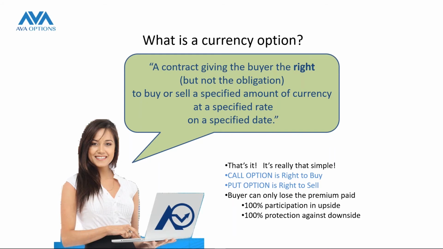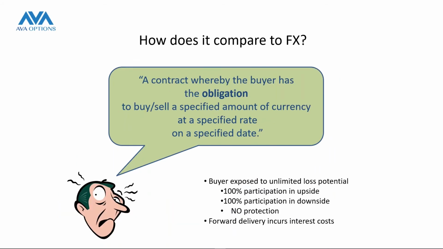How does it differ from foreign exchange or just trading any asset? The difference there is, as I said, with foreign exchange or with CFDs and with other things you might trade, you have the obligation to buy or sell. When you have the obligation to buy or sell, that means that if the market goes up, you can have unlimited profits if you buy. If the market goes down and you've bought, you can have unlimited losses until, of course, you hit a stop loss or until you hit a margin call.